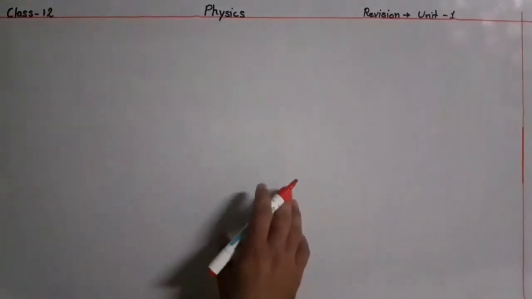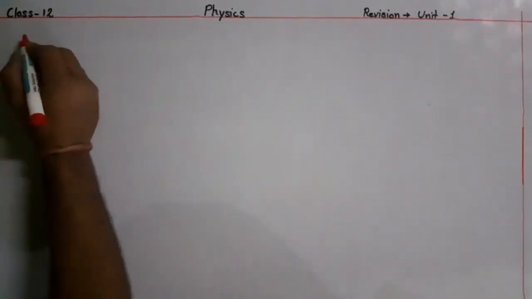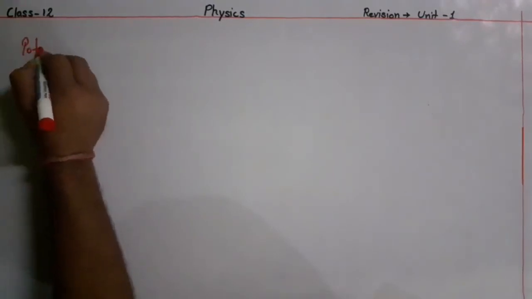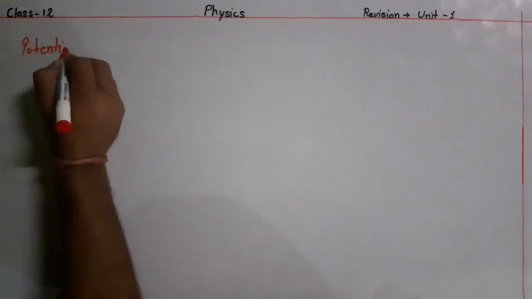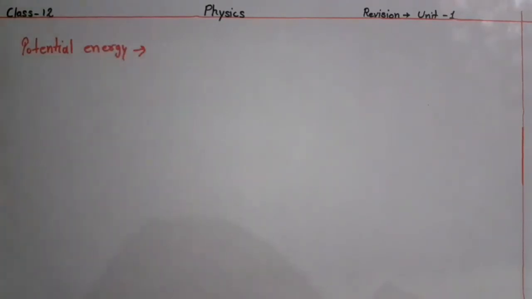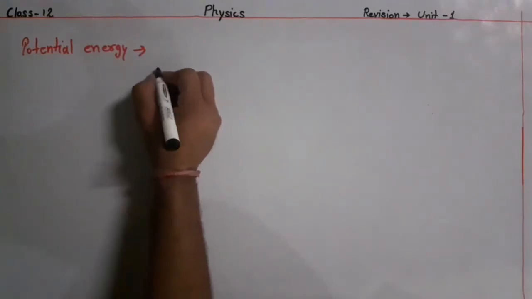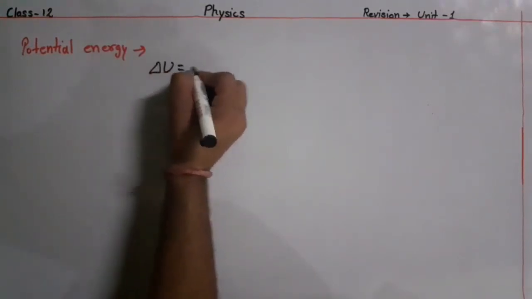Today we are going to revise our remaining topics, which are potential and capacitance. So let's start with potential energy. So what is potential energy? Potential energy is the amount of work done, or we can rewrite it as del U is the amount of